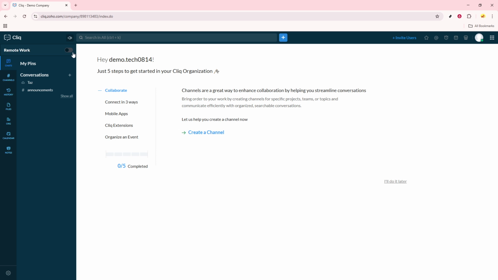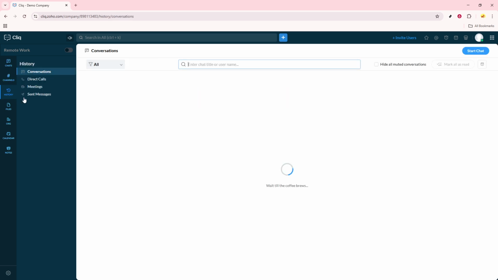Next, we have channels, which are designed for team-wide discussions. Think of channels as open forums, tailored to specific projects or topics, providing a space where team members can brainstorm and collaborate in real time. The History tab is a handy feature, allowing you to revisit previous interactions, ensuring you never lose track of important